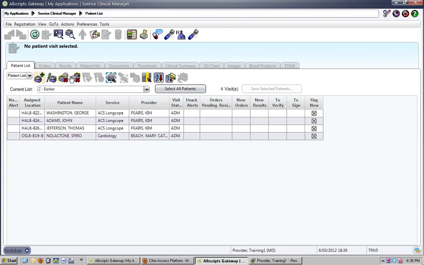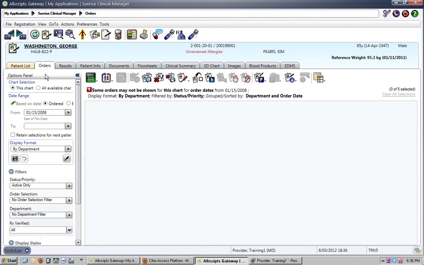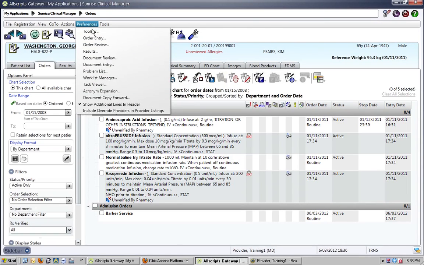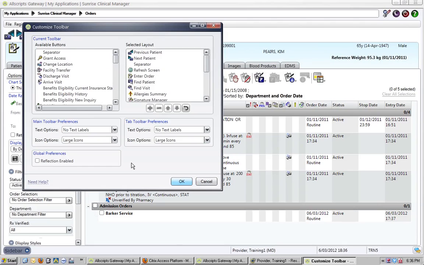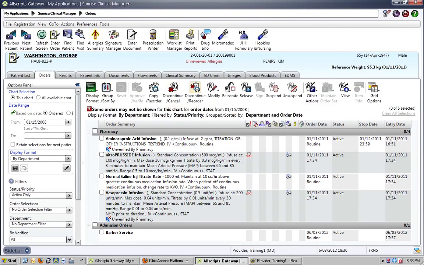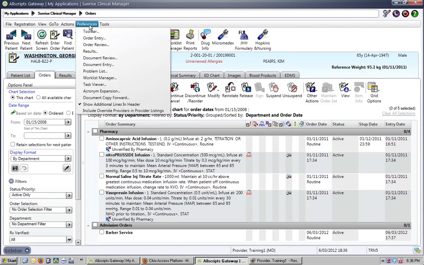Okay, other things. All these icons on the variety of screens, order screen, patient list screen, they do a lot of helpful things, but not everybody uses them because they don't know what they do. If you highlight your mouse over them, it'll tell you. But in the meantime, if you want, you can have text labels. So now all these have labels with them, so you don't have to wonder what they do, both above and below. Now the way I did that, Preferences, Toolbar,